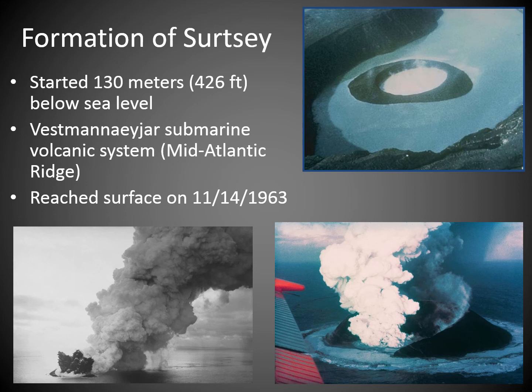So the formation of Surtsey itself started along a shallow part of the mid-Atlantic rift, about 500 feet below sea level. The Vestmannaeyjar submarine system is part of the mid-Atlantic ridge. So there were these undersea eruptions for a while,